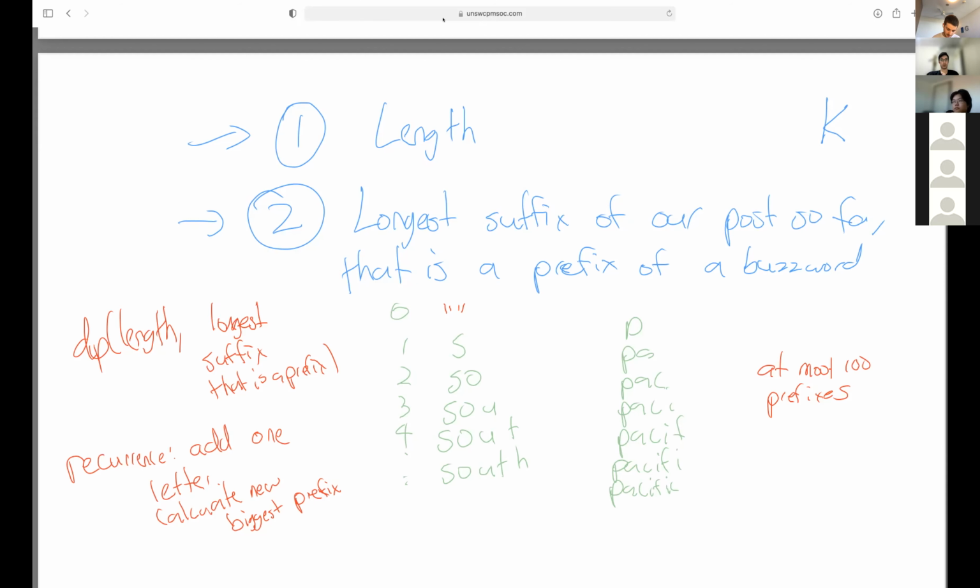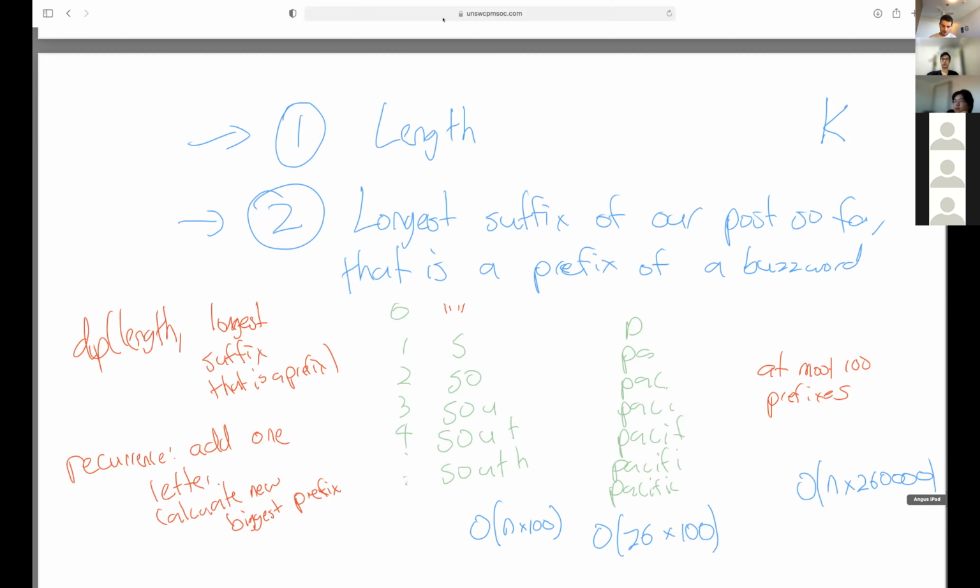So this is a DP, and for the complexity, there are order n times 100 states, where 100 is the total length. The recurrence: there are 26 letters, but also each time we add a new letter, we look through all our prefixes to work out which prefix is the matching one. So we have a 26 times 100 recurrence. So the complexity is order n multiplied by 100 times 100 times 26, which is 260,000.